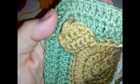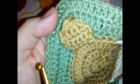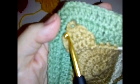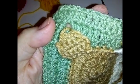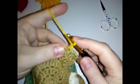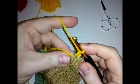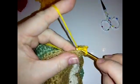I don't know if my camera's going to focus there. So you've got a chain that sort of sticks out on the side here. So you want to join into this single crochet just above that chain, just by where you fastened off. Okay, and then once you've joined your colour, you want to chain one and do a single crochet in that same stitch, and then a single crochet in the next stitch around that corner,